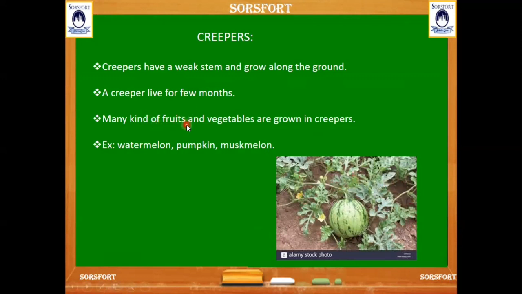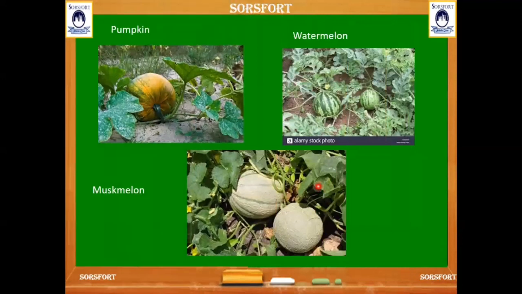We grow many kinds of fruits and vegetables from the creepers, like watermelon, muskmelon and pumpkin. We can see the pumpkin, watermelon and muskmelon plants on the land. Because it has a very weak stem, it cannot take the support of a wall, fence, etc. It is grown on the ground.